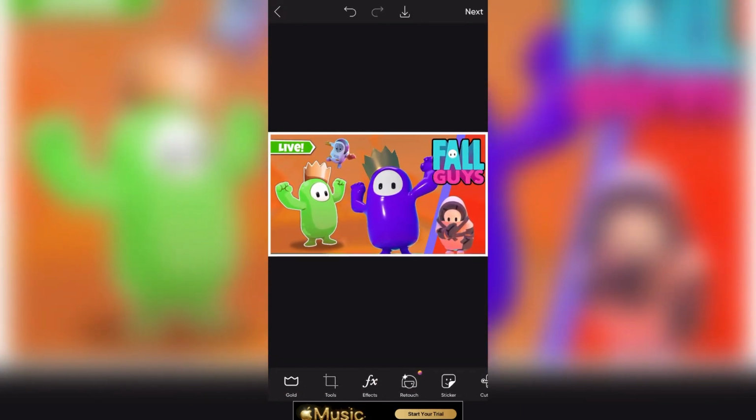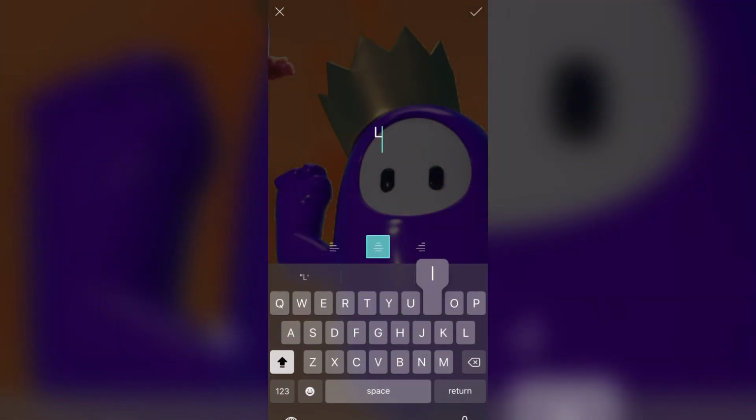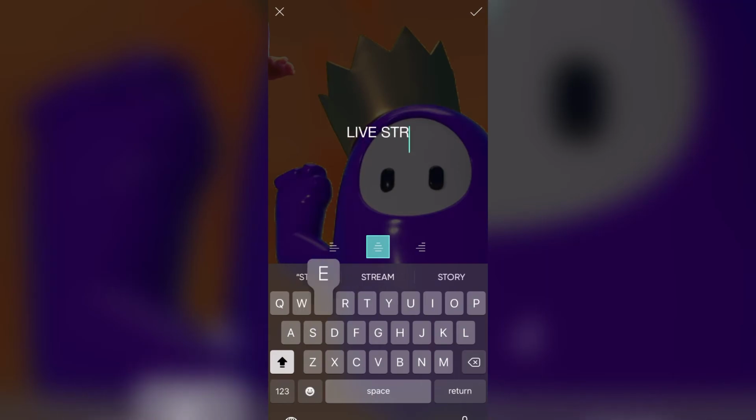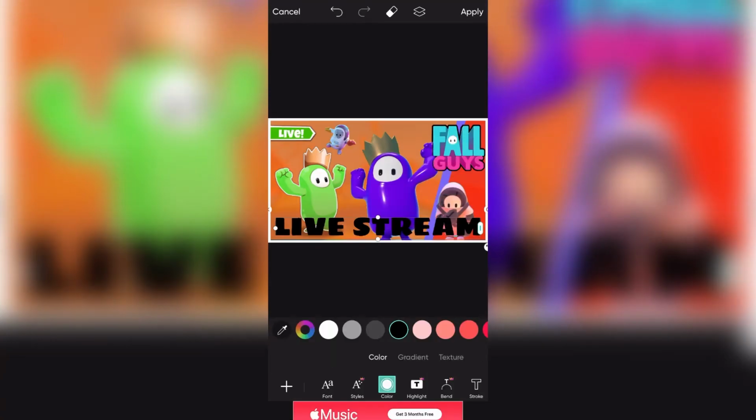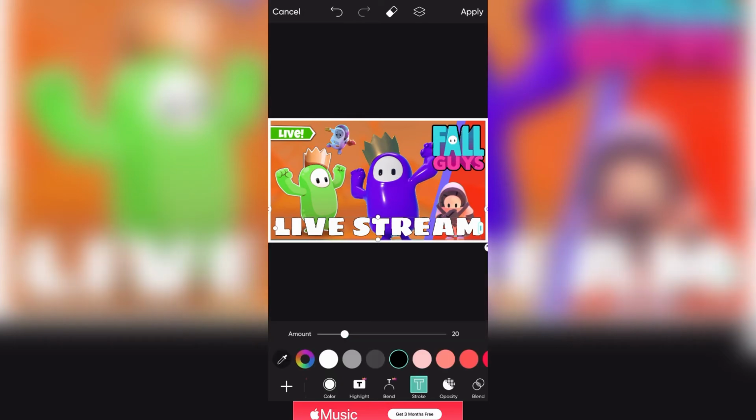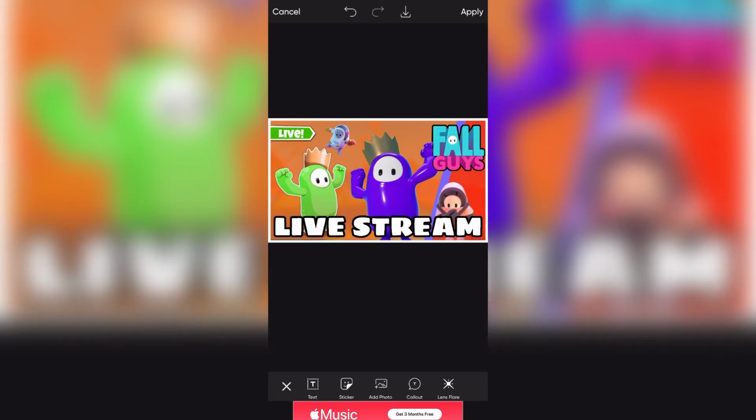Also one thing, guys, some people like to add text, guys. Click on the text button, like click on live stream. Live stream or anything that you are doing, you can enter it here, guys. Enter it anywhere you want. There are different styles of where you can add it. Give it a go. On color you can choose, strokes you can add, and it will look like this, guys.